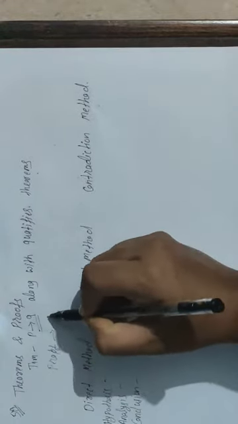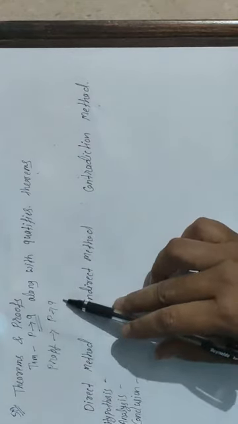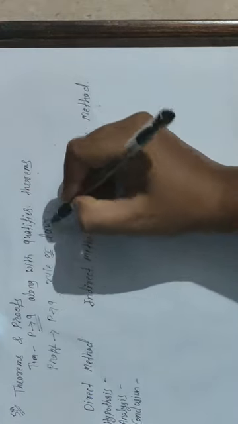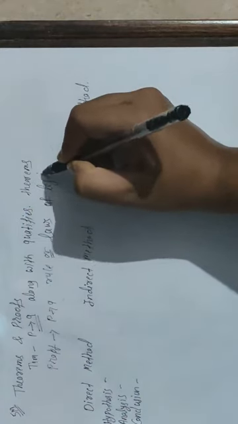And see, we prove this statement is true. The process of proving the statement P implies Q is true using rules or laws of logic, that process is called proof. See, given any statement, we prove using rules or laws of logic that the statement is true or false, right? We solve some examples. So that process is called proofs.